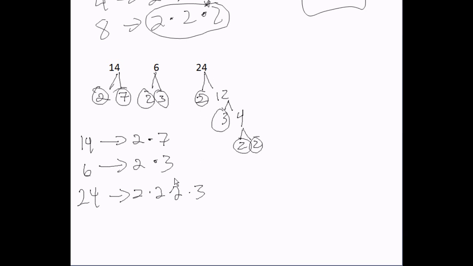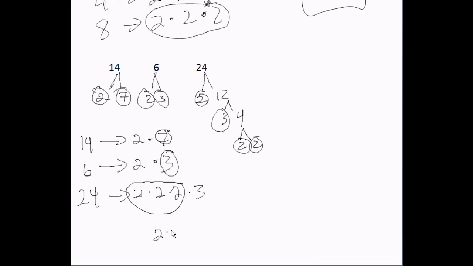Circle the group with the most 2s. By the way, if you only had a 2 in each one, you only circle one of them, one group. Circle the group with the most 3s right here. There's 3 of them. Here's a 3, here's a 3. I only have 1 in each, so it doesn't matter which one you circle. You can circle any one you want, just as long as you only circle 1. Circle the group with the most 7s,